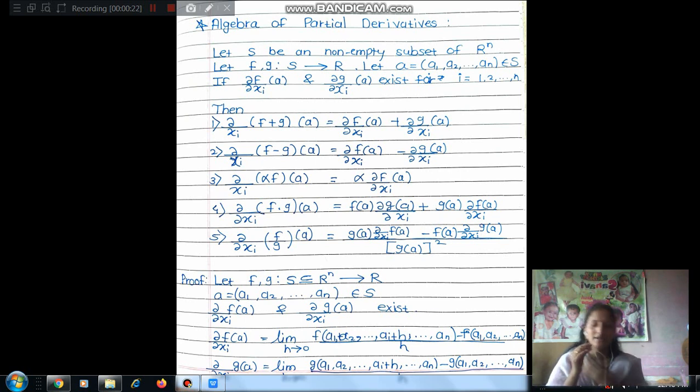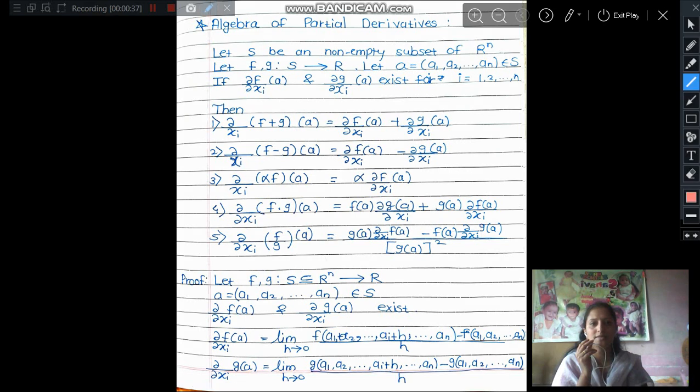It's very simple. It is a theorem. Let S be a non-empty open subset of R^n. Let f and g be functions defined from S to R. Let a = (a1, a2, up to an) belong to S. And if the partial derivatives ∂f/∂xi at a and ∂g/∂xi at a exist,